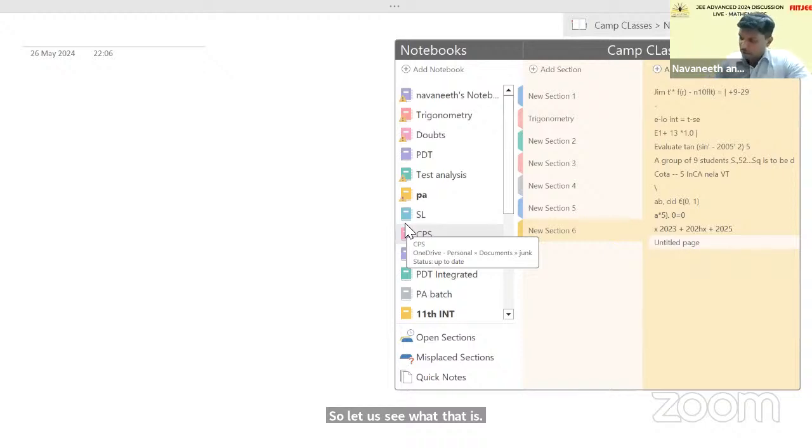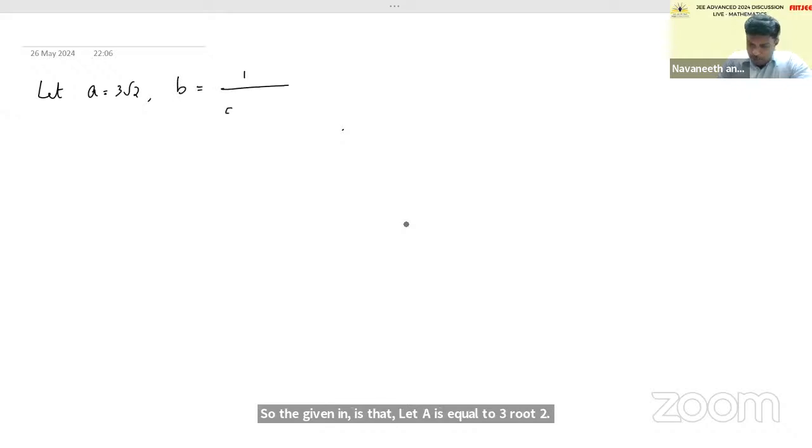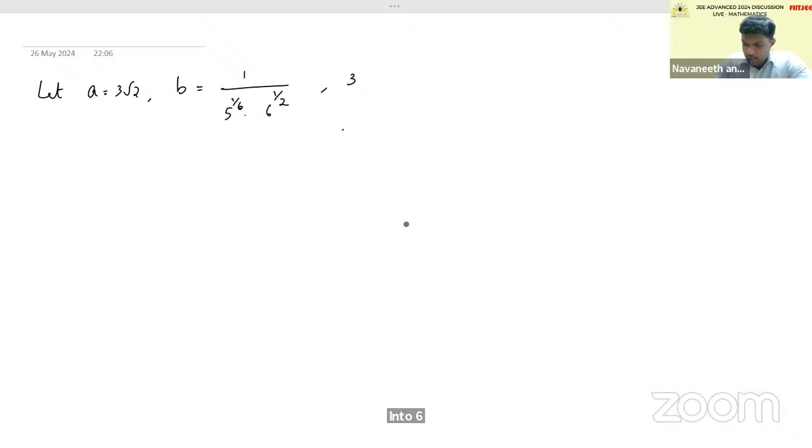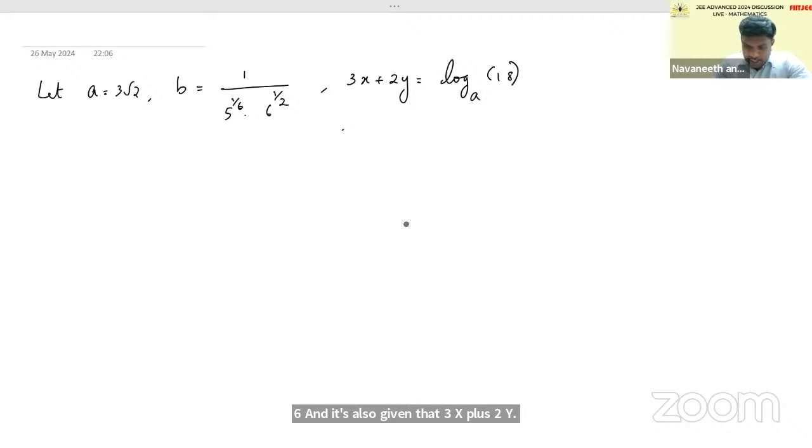So the given information is that let A is equal to 3 root 2 and B is equal to 1 upon 5 power 1 by 6 into 6 power 1 by 2. And it's also given that 3x plus 2y is equal to log 18 base A to the power 5 by 4. And also 2x plus y